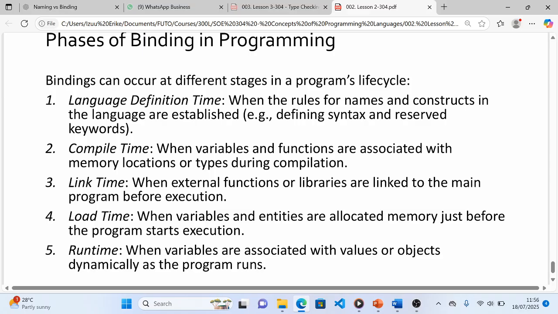Number two, at compile time, which I've stated something about, when variables and functions are associated with particular memory locations or types during compilation. At link time, when external functions or libraries are linked to the main program before execution, a binding can also occur. At load time,